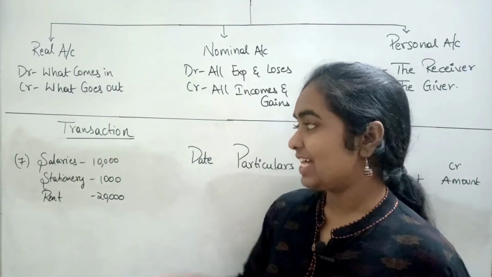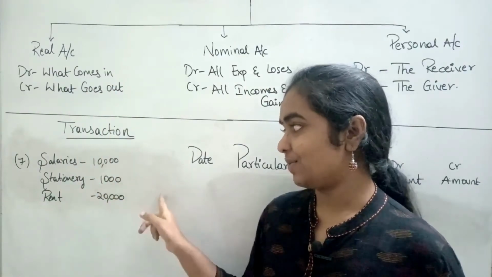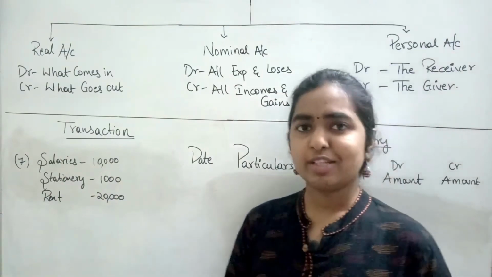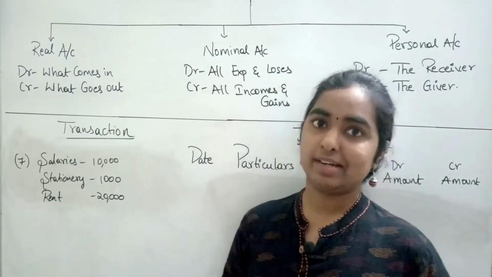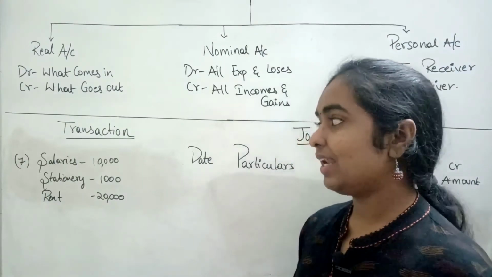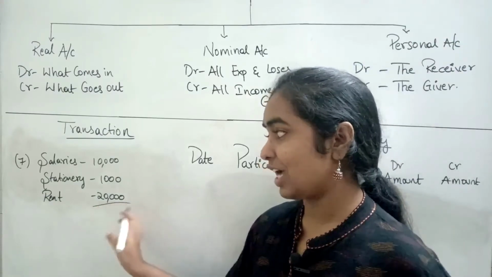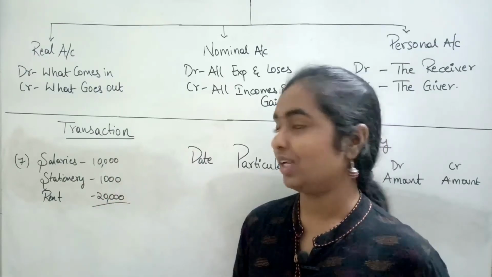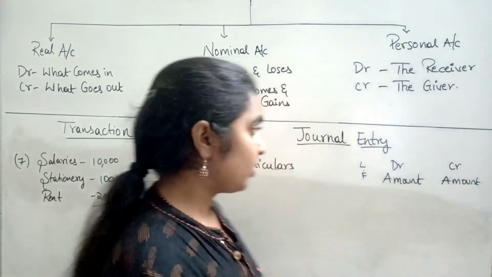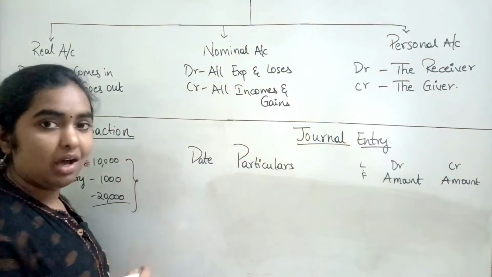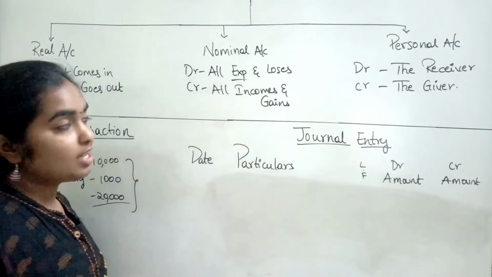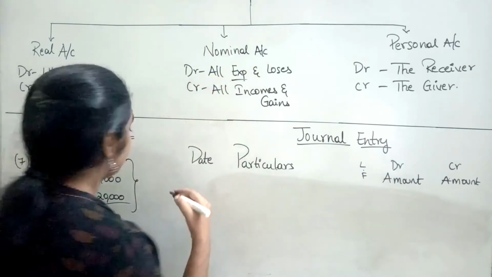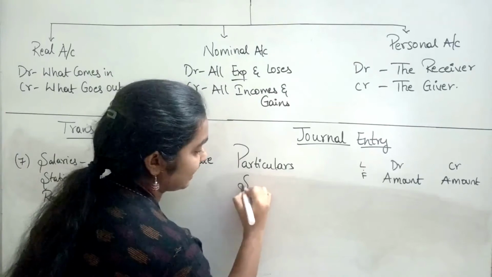The last transaction is salaries of 10,000, stationery 1,000 and rent 20,000 incurred by the business. So here I would like to discuss with you a concept called compound entries. What compound entries are is, if we have two or three transactions at a time, we can simply mention them under one transaction only. So how do we do that? Here all these aspects are of expense nature, right? So they will be coming under nominal accounts and all these accounts have to be debited. So we need to debit all these accounts, like salary account debit,